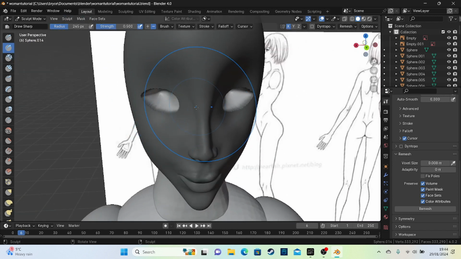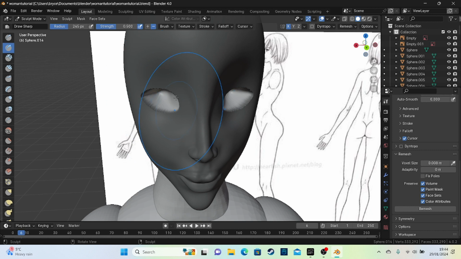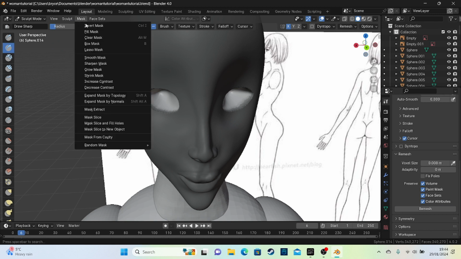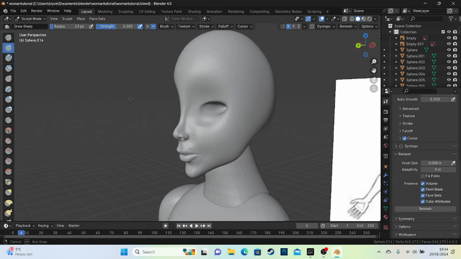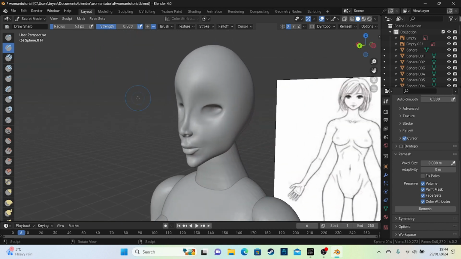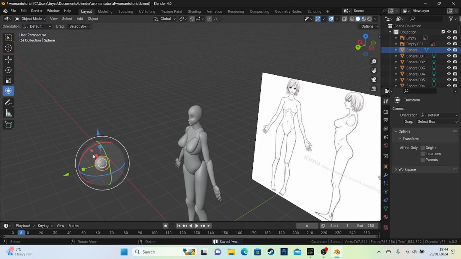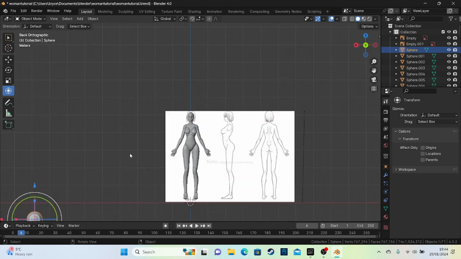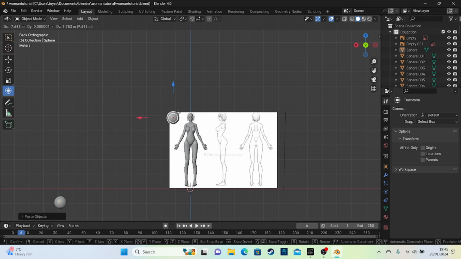Then, while you're still on that, go to remesh, and remesh it while the mask is still on. So we'll quickly drop that down, then remesh it, and then clear the mask. After that, you should have an overall shape, and you just want to smooth it by holding shift. That way, you've got a nice clean inset for the eye. At the moment it's still going to be wrong, so press Control Save, and we use the ball that we saved from earlier. If you've not got one, just add a sphere in from the top, because at this point we're going to be using this as the eyes. So you just grab that